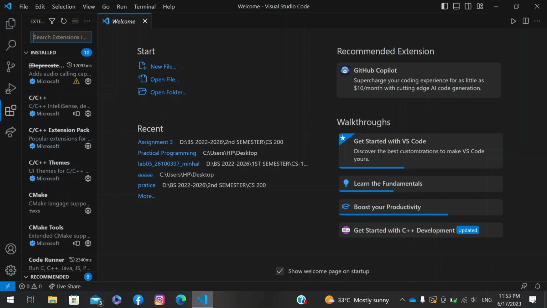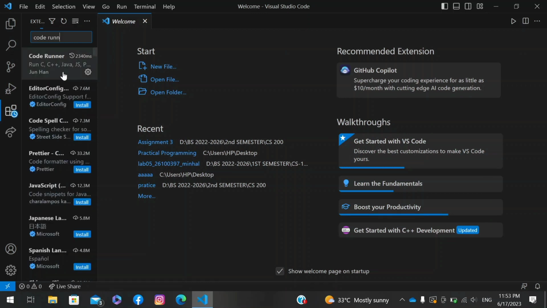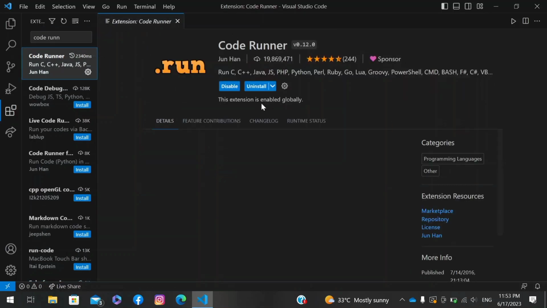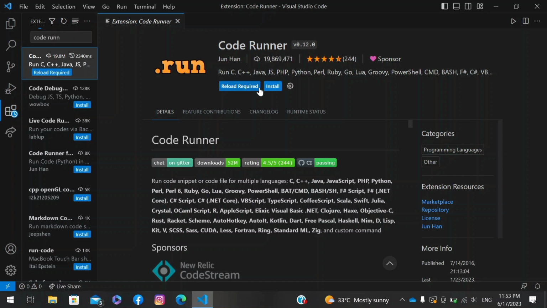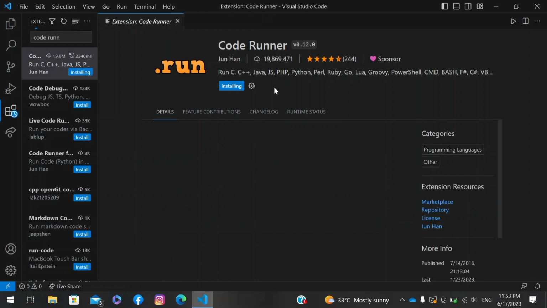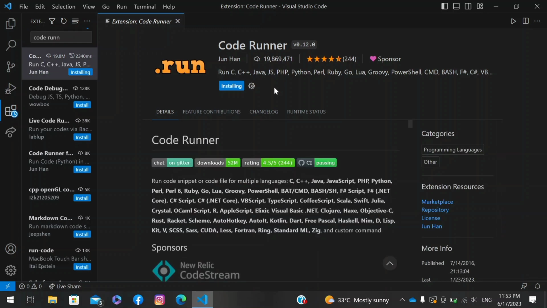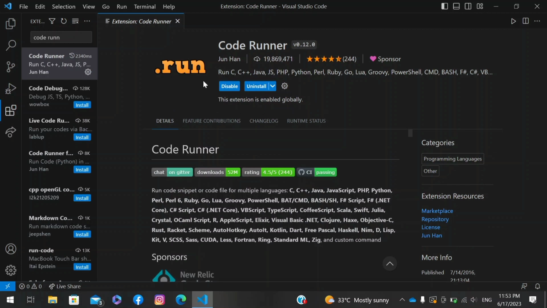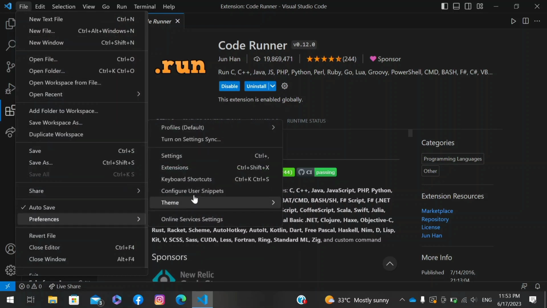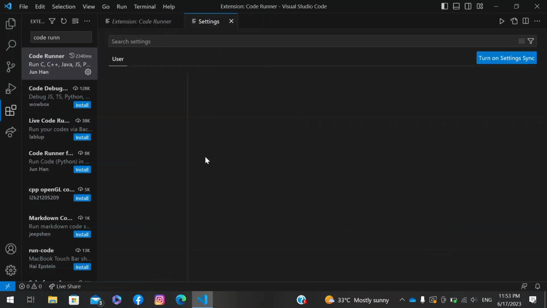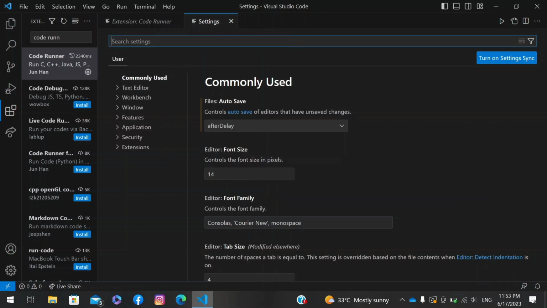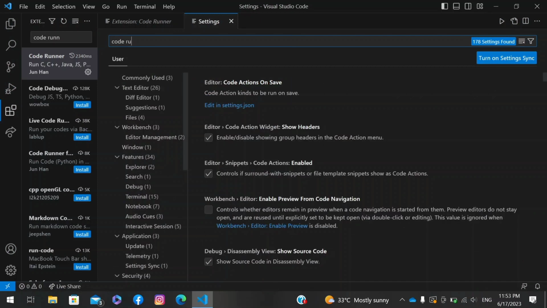Some of the extensions that I want you to install on your VS Code for C++ are, the first one is Code Runner. This is installed. Let me first uninstall this and then install again for your ease. So yes, it's installing. Now it's installed. So what you need to do? You need to click here, File, and then go to Preferences, and then here you will go to Settings. Here you need to type Code Runner